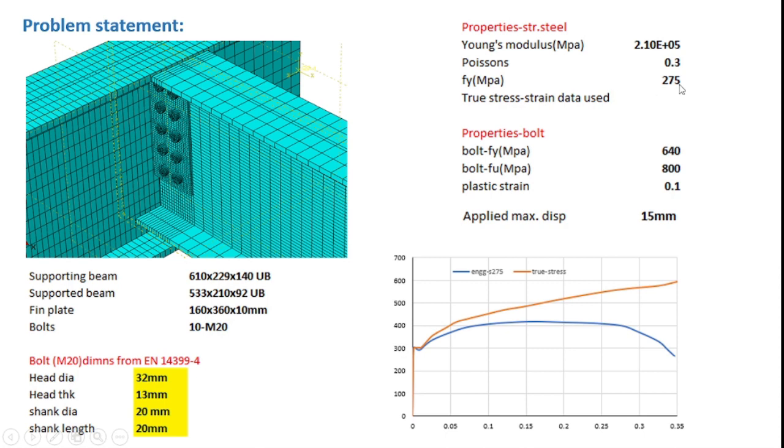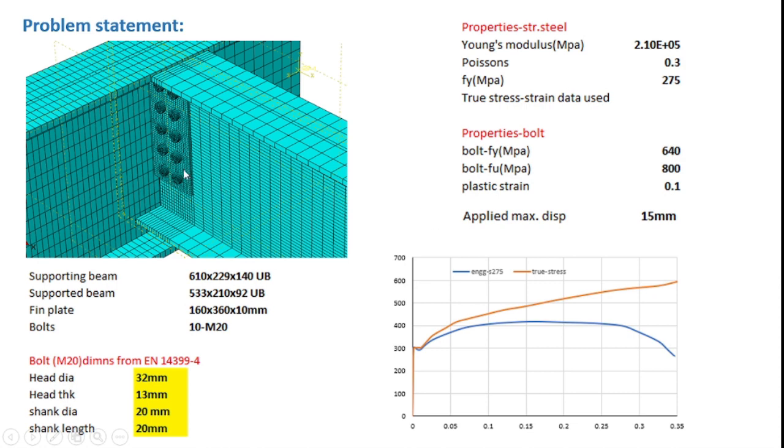And as this is a capacity analysis, rather than the engineering stress strain, we have provided the true stress strain data to Abaqus, and the true stress strain data developed for the steel grade S275 is shown here. As you can see, the curve indicated in blue color is the engineering curve, and that indicated in the red color is the true stress strain curve. Now coming to the bolts, we have used class 8.8 bolts with an ultimate tensile strength of 800 MPa with an Fy value of 640. We assumed a plastic strain of 0.10 in the calculations,